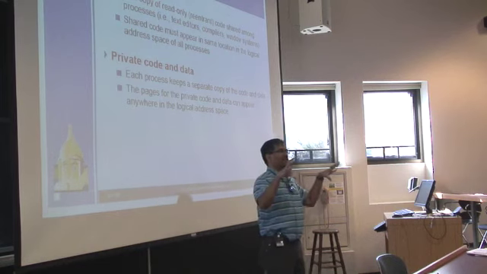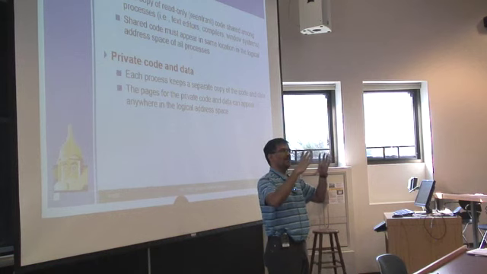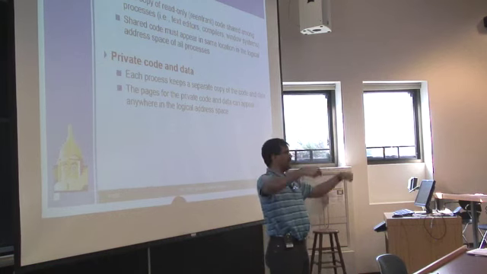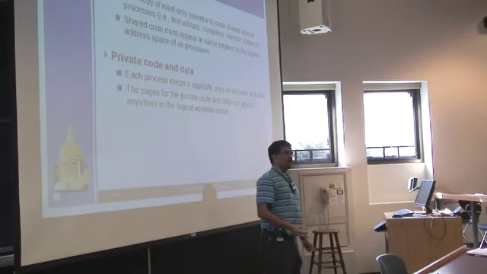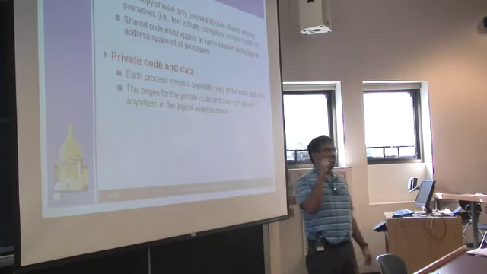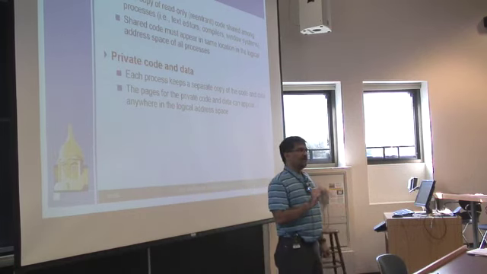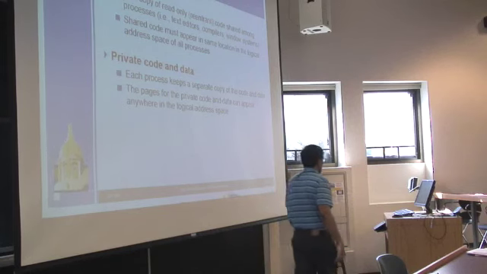But for now, if both of them are accessing the same page, all I have to do is add this entry into the page table for both the processes. So when any of them access it, you can get that, right? And it's used a lot actually for programs, especially if you write position independent code, right? If you write code where you access variables which are relative to where you are, then it's position independent, and it's very good to be used in a situation like this. So essentially what happens is,